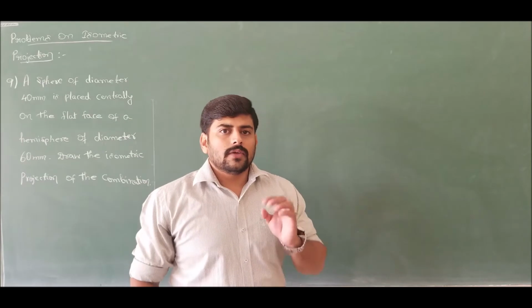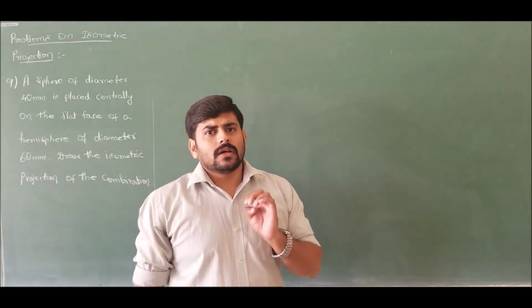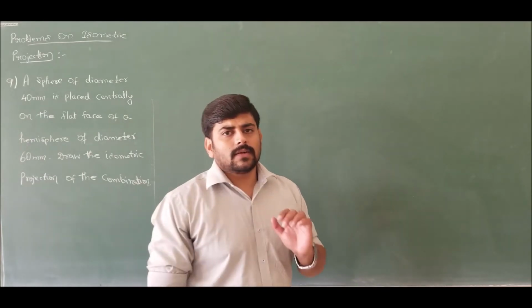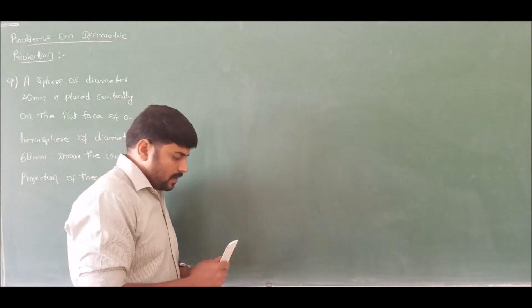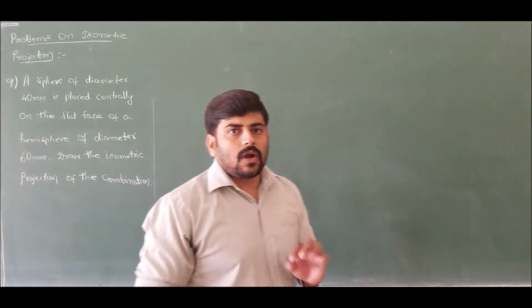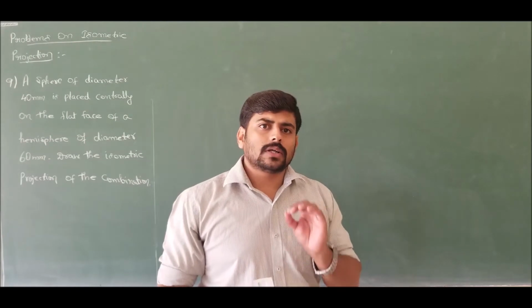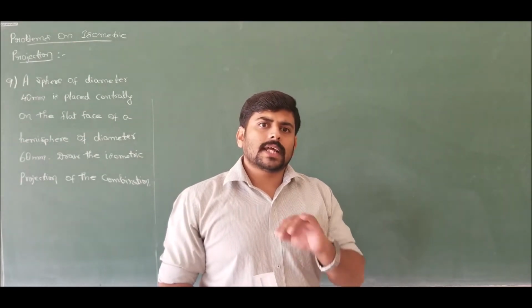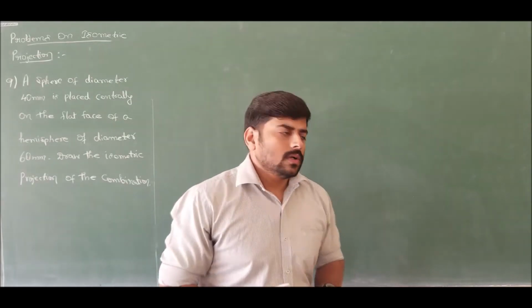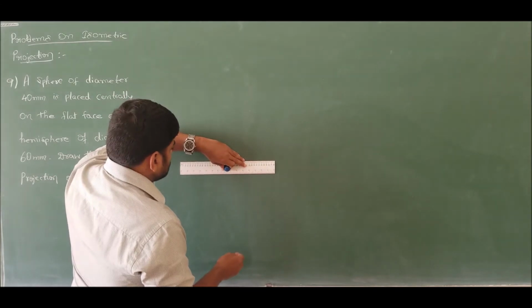So therefore, if I draw the front view and top view of the given combination of solids, it will look like this. Let us draw the top view first. Whenever you are drawing the front view and top view in isometric projections, always draw the top view first. Using the top view, extract the front view. So now if I draw the top view of the given combination of solids,